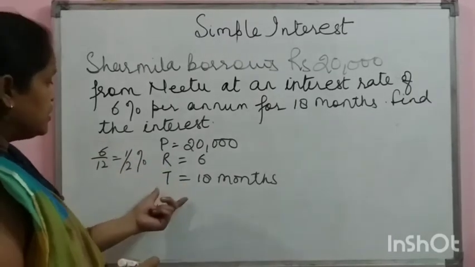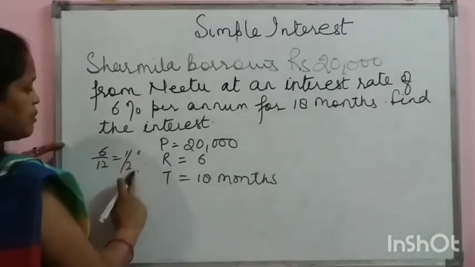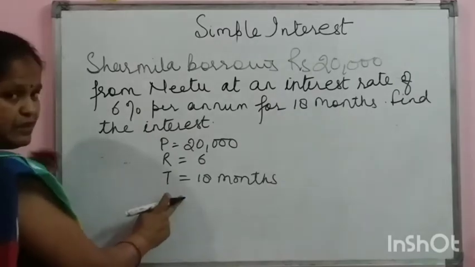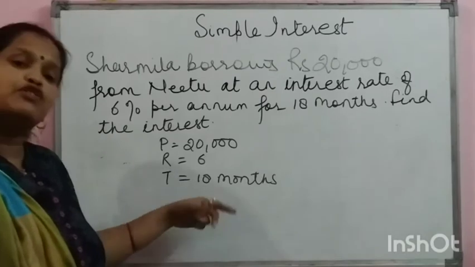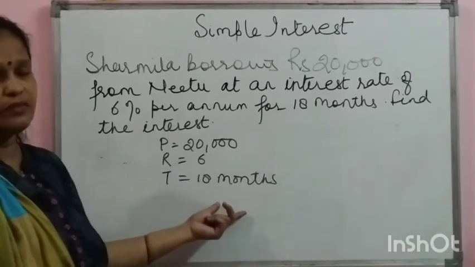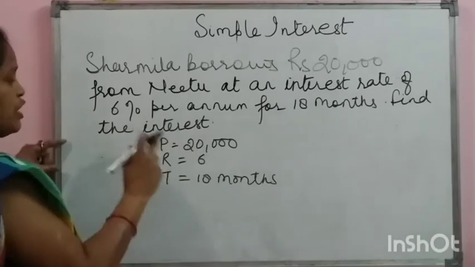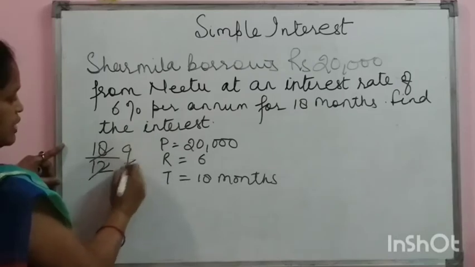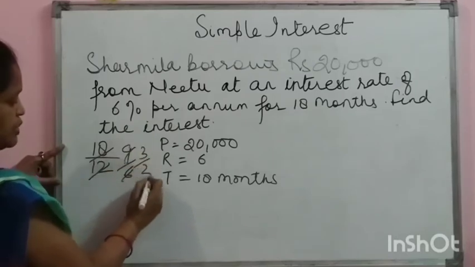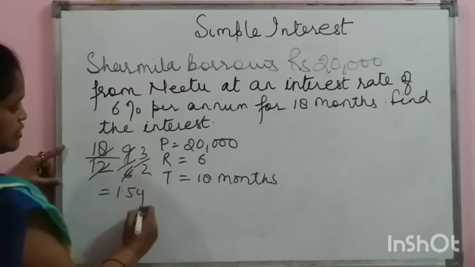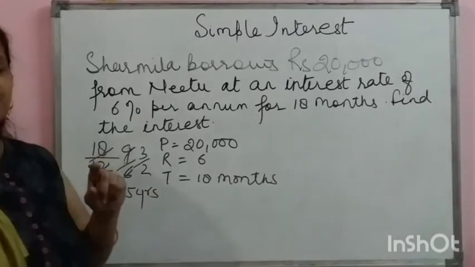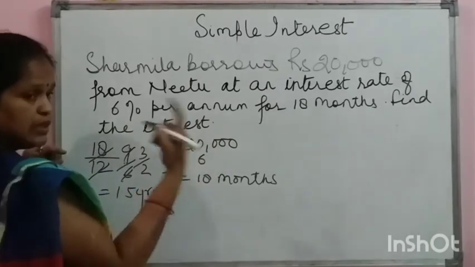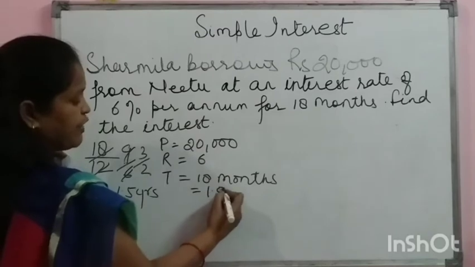ठीक है, या दूसरा ऑप्शन हमारे पास क्या है कि हम रेट को ईयर पर एनम ही रहने दें और हम टाइम जो कि 18 मंथ्स दिया हुआ, हम इसको कन्वर्ट कर सकते हैं ईयर्स में. ठीक है, तो उसके लिए हम 18 डिवाइडेड बाई 12, 9/6, 3/2, दैट विल गिव यू 1.5 ईयर्स. ये मैंने 12 से क्यों किया, क्योंकि 1 year is equal to 12 months, right? तो 1.5 साल. So this when converted into years will give you 1.5 years.